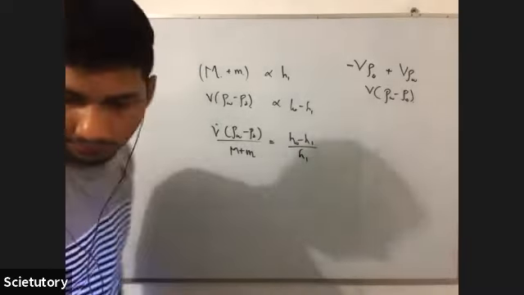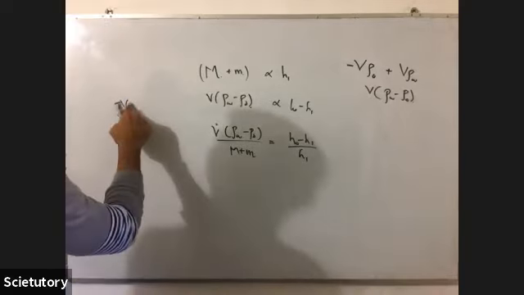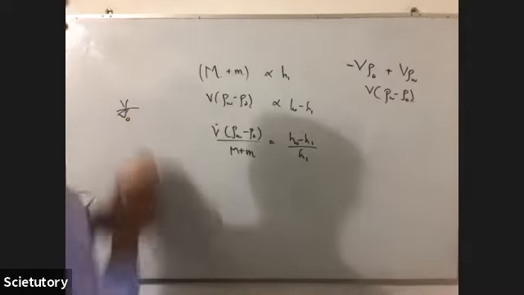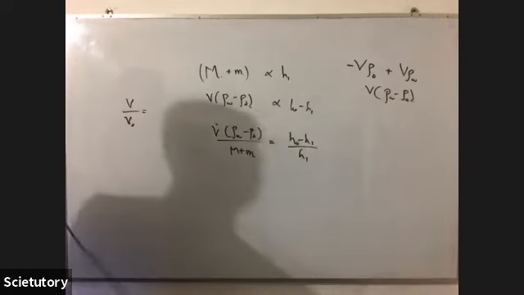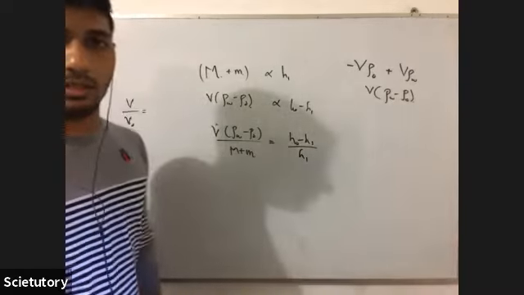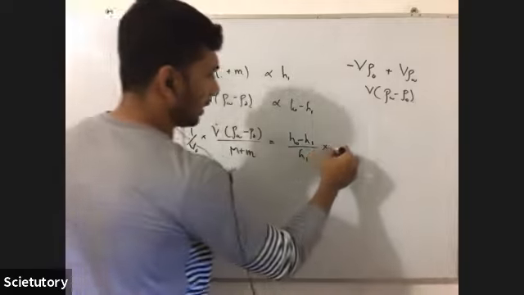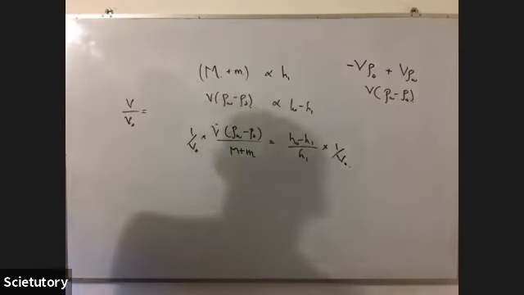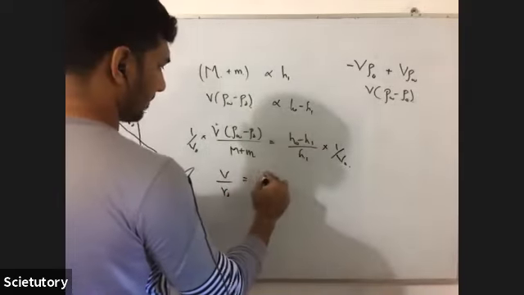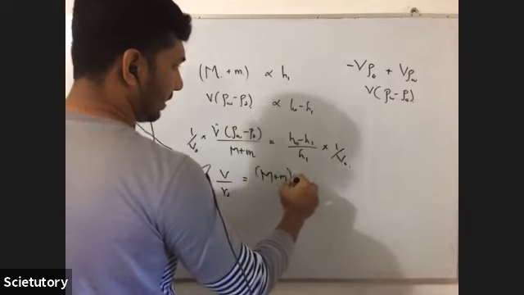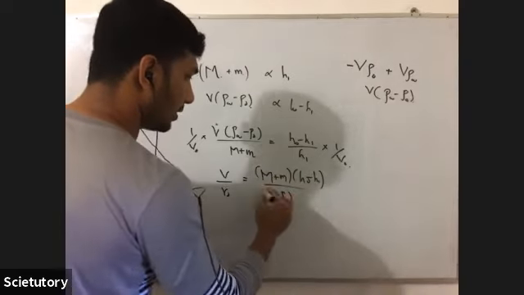Now what they are asking is V over V naught, isn't it? So I have to somehow bring this V over V naught. Usually we just divide by V naught on both sides. So I'm going to multiply by 1 over V naught here, and 1 over V naught here also, to make V over V naught the subject. We just multiply, so (H naught minus H1) over this comes here: rho W minus rho naught into H1.